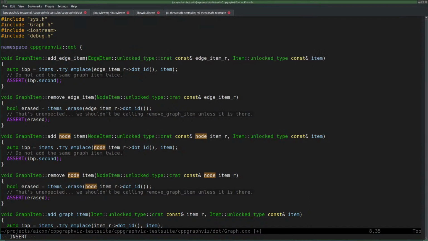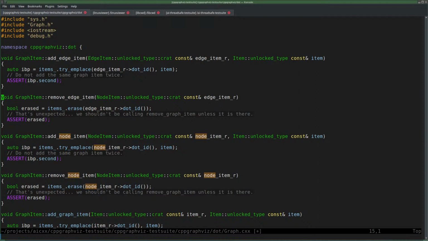Edge item, can't type edge item. Yeah, maybe this duplication is not necessary.